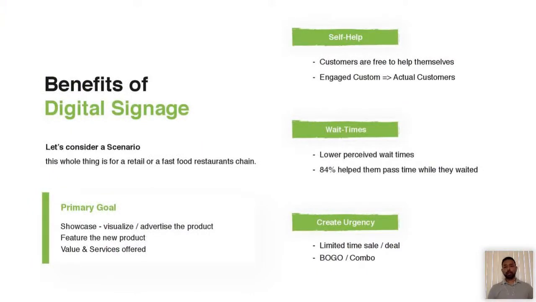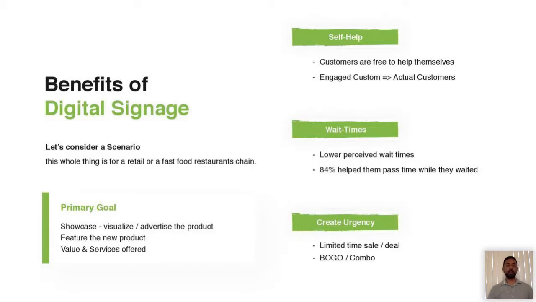So now we come to the question we already saw: why digital signage. But we need to understand the main scenarios and the benefits of digital signage, because the world is changing over to the digital field. In the past 10 years, the growth of the field has been vast.